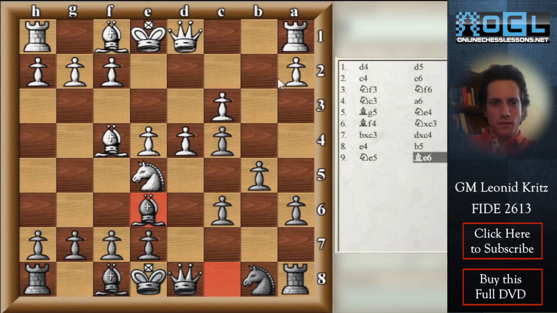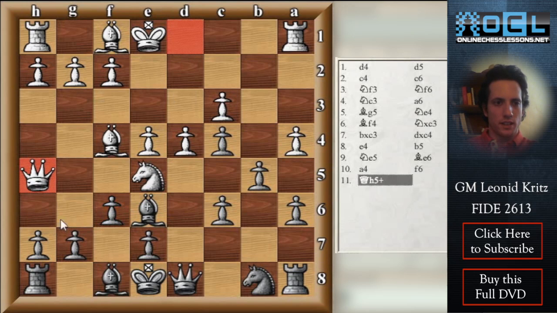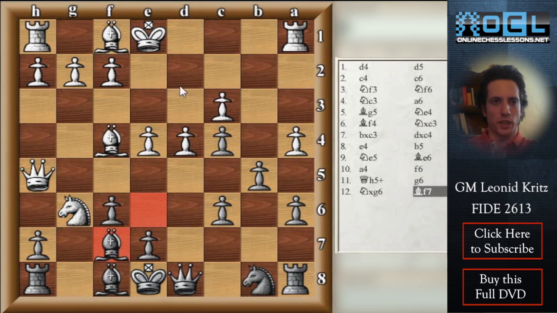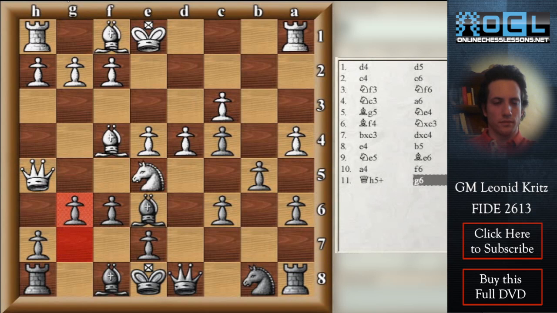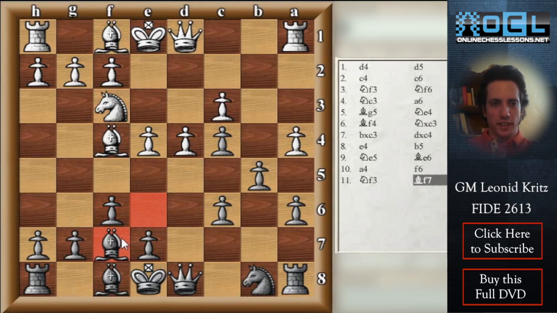So, for example, a4, f6, knight has to go back to f3, just to repeat this, knight takes g6 and bishop f7, black wins. Knight f3, bishop goes to f7, so the white squares are not really weakened, the bishop protects them. a takes b5, c takes b5,